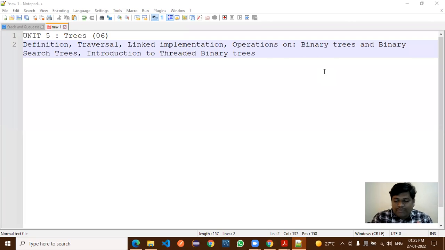Now, what is meant by tree? Can anyone elaborate the definition? Tree means what? A dynamic data structure. Yeah, very nice, very good. It is a dynamic data structure. Again, one more word I am expecting. Good. Tree is a